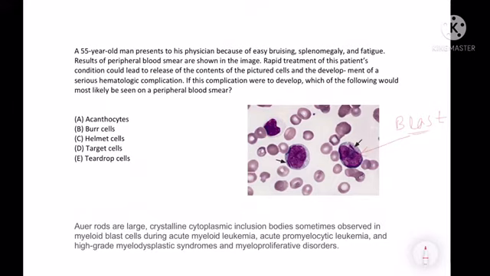So the Auer rods are the inclusions found in the blast cells in case of acute myeloid leukemia, and these are the signs of acute myeloid leukemia: